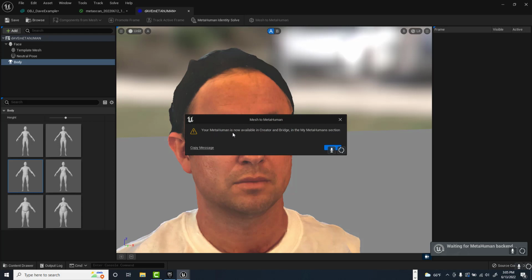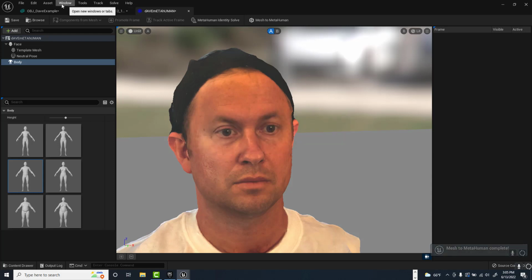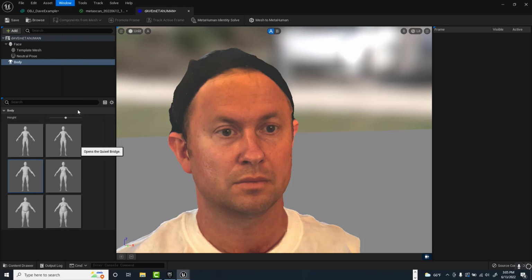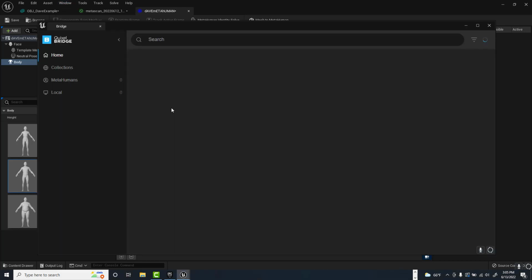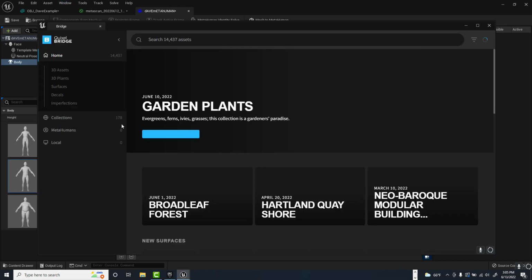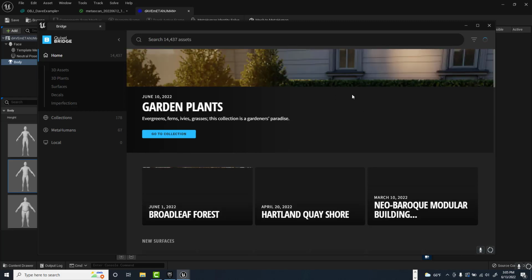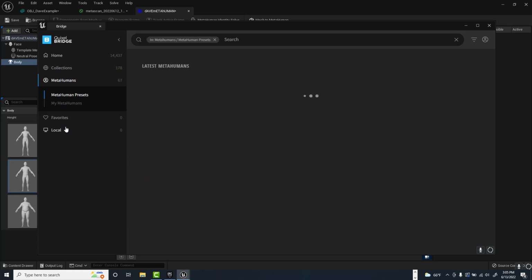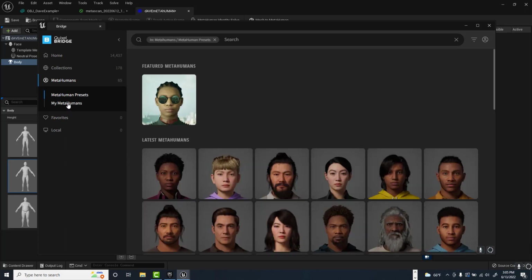And it says, hey, your MetaHuman is now available in Bridge. I'll just go ahead and click OK. Now, to enter Bridge, I can go to Window, and then I can say Quixel Bridge. And when I do that, it's going to enter Bridge here, which I'm logged in. And then I'm going to go to MetaHumans. And if I go to My MetaHumans,